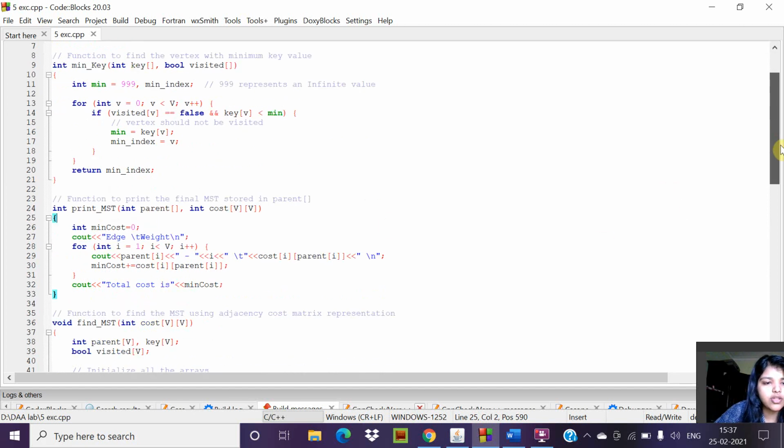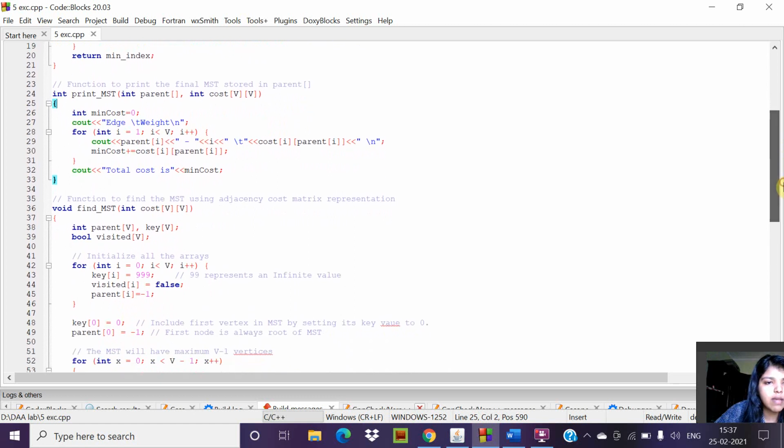Then comes the function to print the final MST stored in the parent. This is the function print_MST, where they pass two arguments, the parent array and the cost two-dimensional array. Inside that we are storing min cost as 0 and we are printing edge and weight.